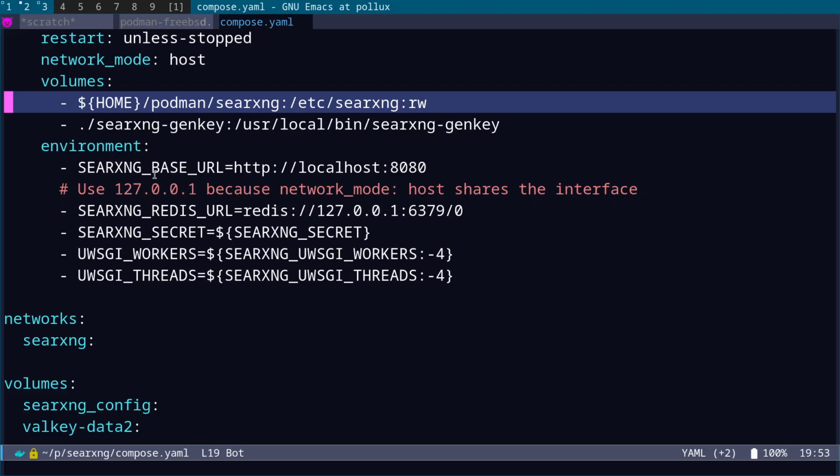So this is where you set the searxng base URL. So I'm just running this on localhost here, port 8080. And what we have is the Redis URL. Again, that's the localhost. And we have searxng secret equals searxng secret. And that is used with the gen key script so that it will